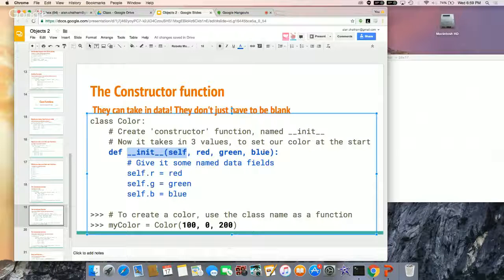The whole self thing is because that self.r, that really is my color's r. So that's saying every object will have its own copy of an R, and its own G and its own B. So it's just making sure that